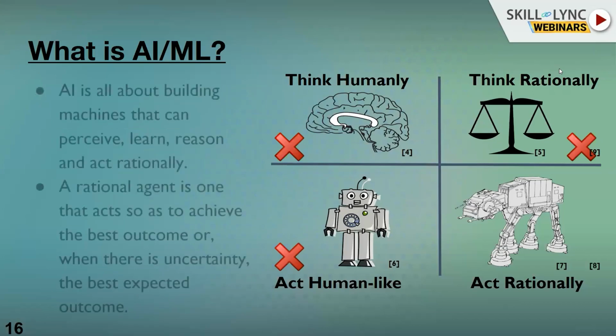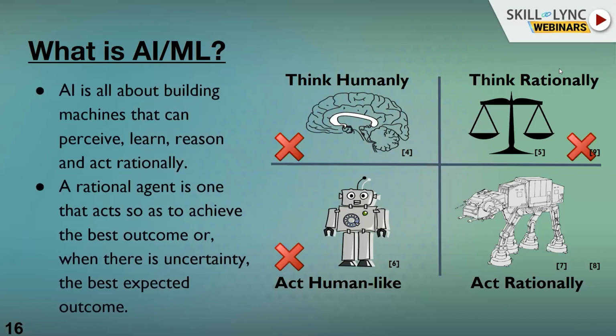So artificial intelligence is about acting rationally, right? So what is rationality here? If you look at it from a generic perspective, it's all about looking at the options available to you at any particular moment of time in an objective way, and then taking the best choice out of those options. With whatever limited choices and whatever constraints that you have, within that you take the best optimum choice. So that is acting rationally. It's not about taking decisions emotionally.